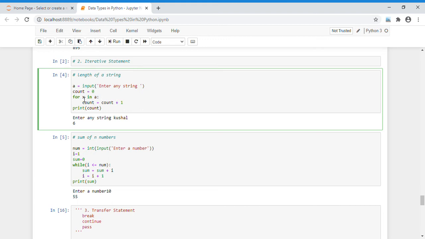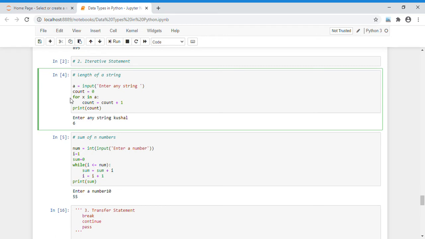So for x in Kushal, it first goes to k and it will count. After the loop is applied, count is equal to count plus 1. The value of count is 0, so 0 plus 1, nothing but count is 1.